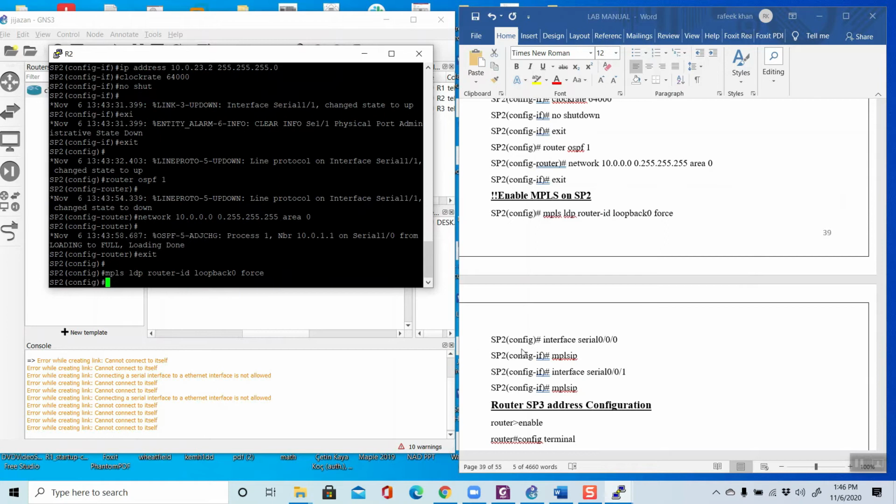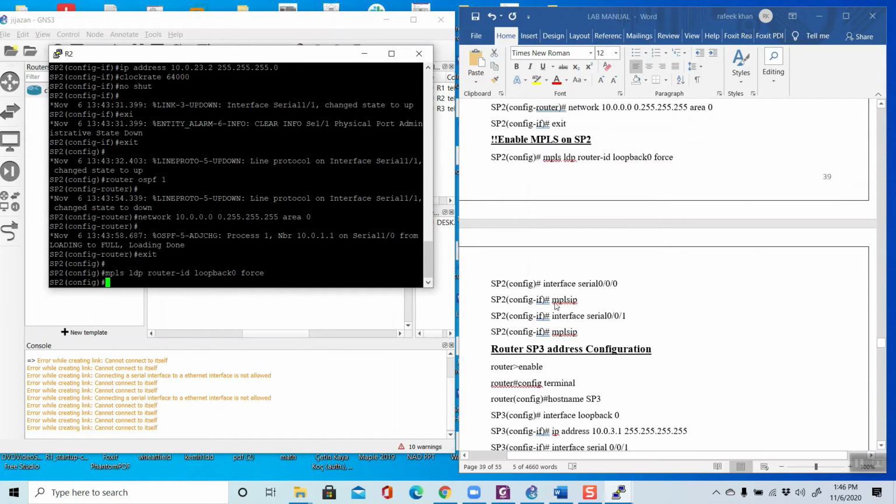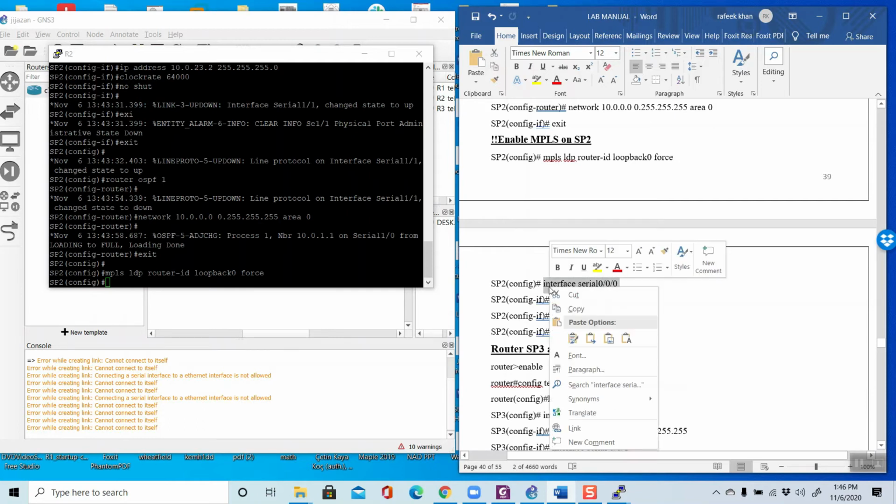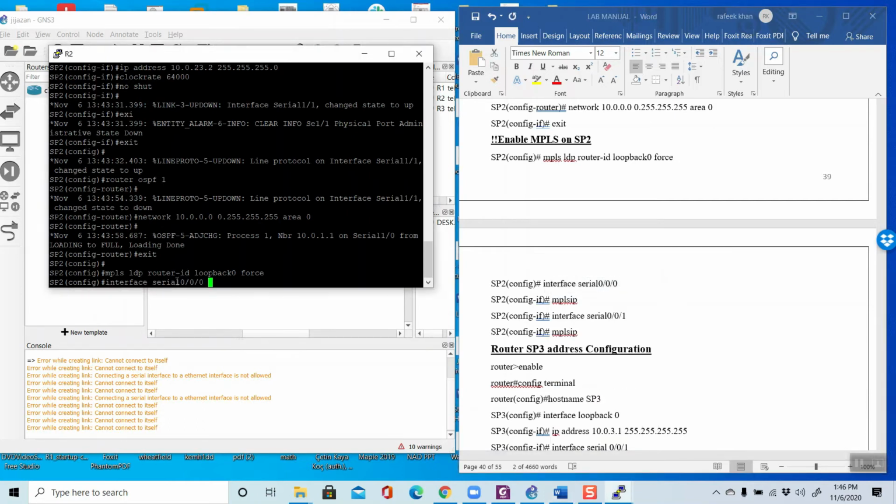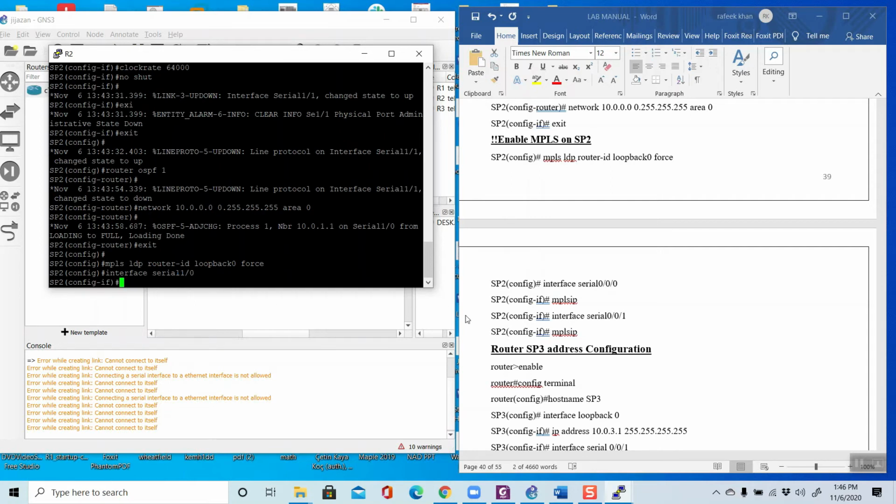Now just wait. Here you have to use 1 0, the same as what you are using. Then MPLS IP.